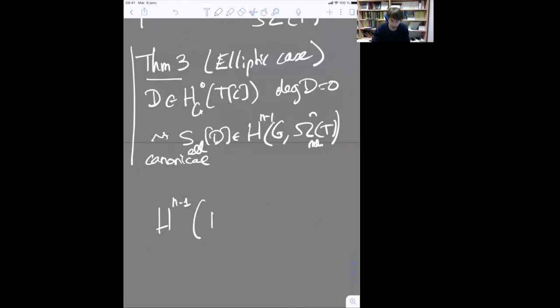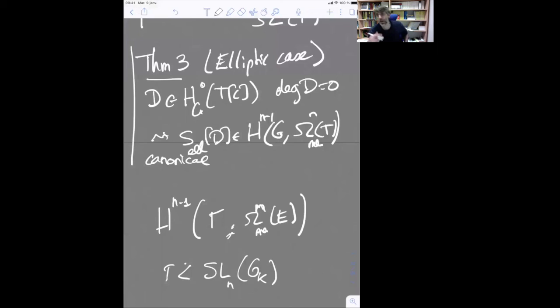So here you will have a gamma, which will be a finite index subgroup of SL_N of O_K, and you end up with a meromorphic form of degree n on E^n, where E has complex multiplication by O_K. Yeah, this is an interesting case, because then if you evaluate on some torsion point here, then you get an interesting cohomology class for these generalized Bianchi groups,